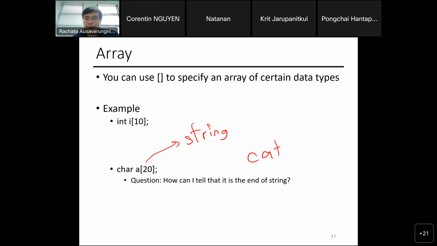If you have at least room for 3, you should be fine. But let's say I have room for 20, so that in the future I can replace the word cat with elephant. 20 room will fit the word elephant in there. So my question: how can I tell that I only have 3 letters for my string and that's it, no more, even when you have the array of size 20?